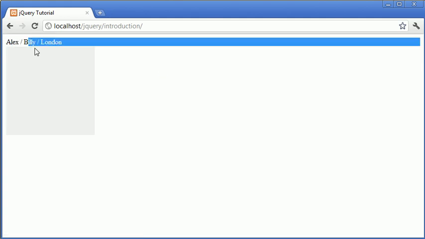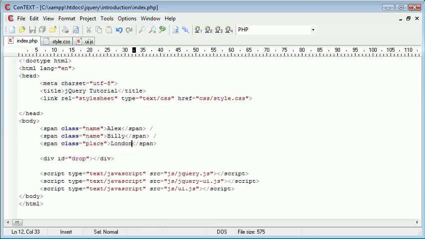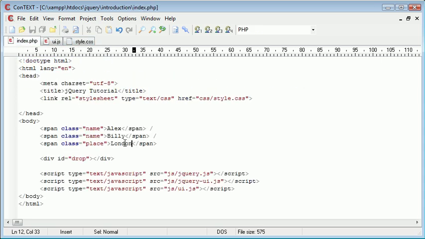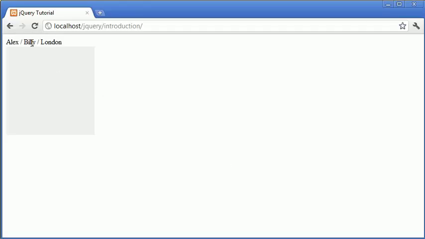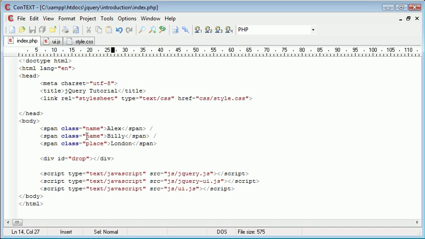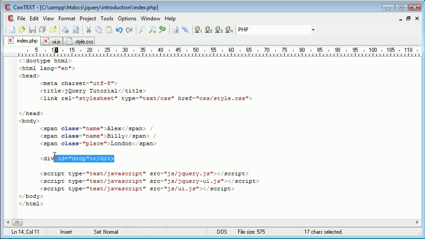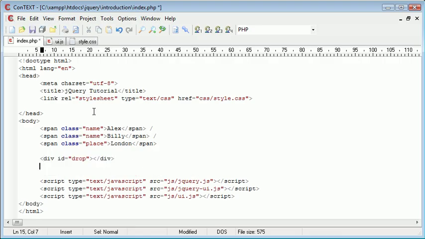So now we have something that looks like this. At the moment, nothing is dragging at all because we haven't picked up on this in UI.js here. However, we're going to be changing that around in just a moment. So this is our drop area. It's remained the same. However, what we want is only specific elements based on the class, so name or place, to be allowed to drop inside here. Now you might be wondering why we do this. Now let's just say you had particular elements you wanted in particular boxes. For example, you might have another div next to this one,